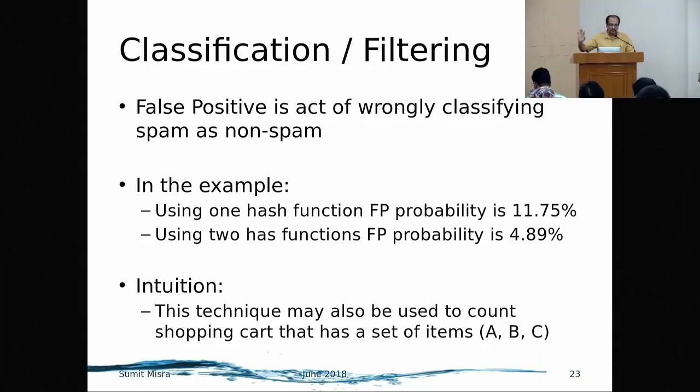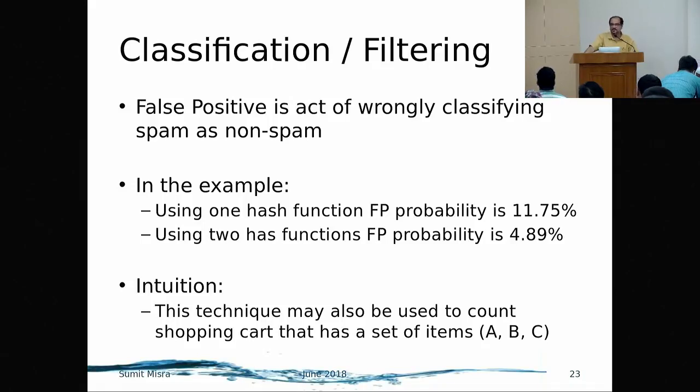There are maths behind it and all. But you see, when a stream comes, you just see the address, apply 2 hash functions, look at a bit, and you are answering. It is pretty fast. So somebody has devised this in a way that you can answer very fast, you can update it, all of that constraint that we talked about are met. The intuition here, we can talk about the market basket you are talking about. We can use similar techniques to figure out if 3, 2, whatever items are occurring together. Similar hashing techniques can be used. I'm not going into the details of that. So this is a classification or filtering mechanism that can be applied.